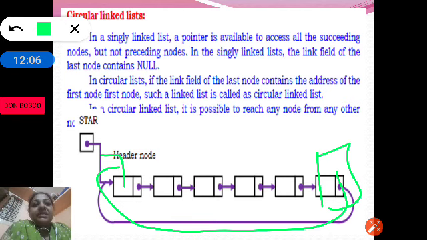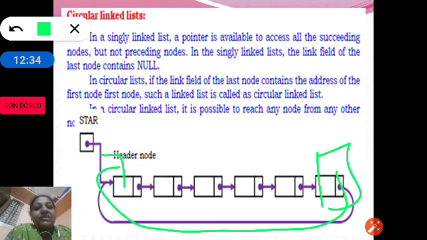In singly linked list, the link field of the last node is always null, whereas in circular linked list, the last node's link stores the address of the first node. So the last node follows the first node. Therefore it is called circular linked list.